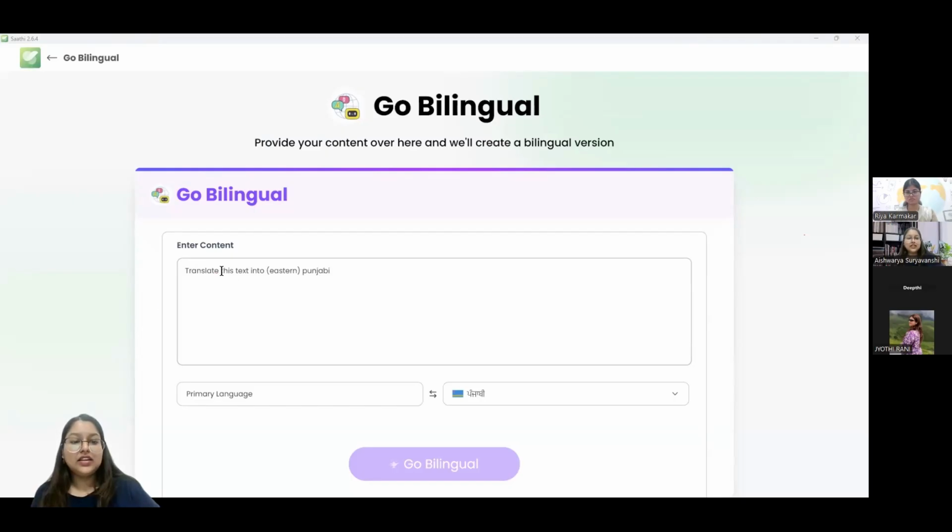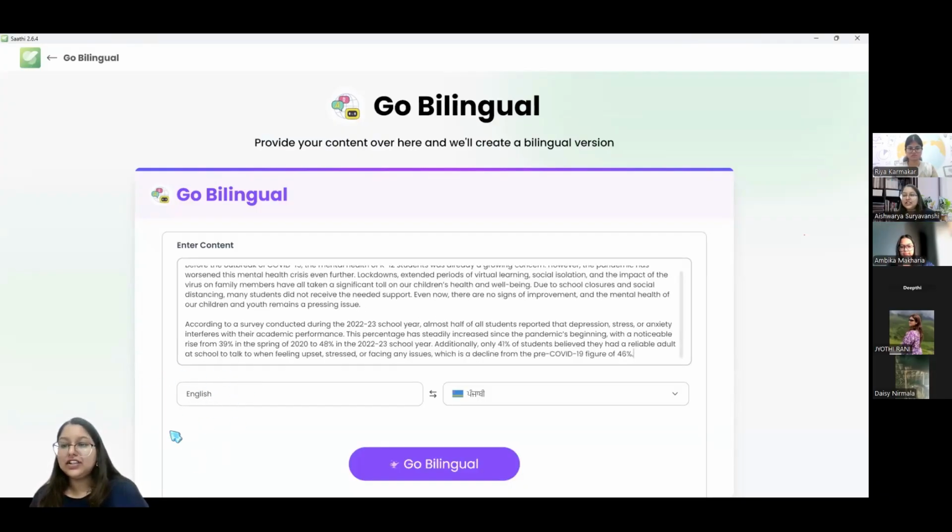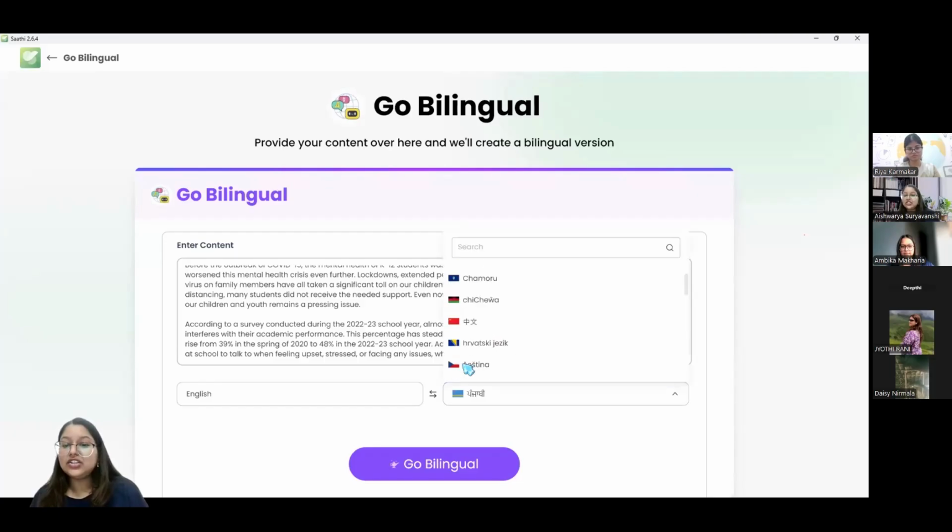Okay. So I have some information related to students' mental health, and I have come across it and I want to show it to the students. So I can copy paste the particular information here, and you can see it automatically recognizes in what language I have copy pasted it, and I can still change it to any other language.